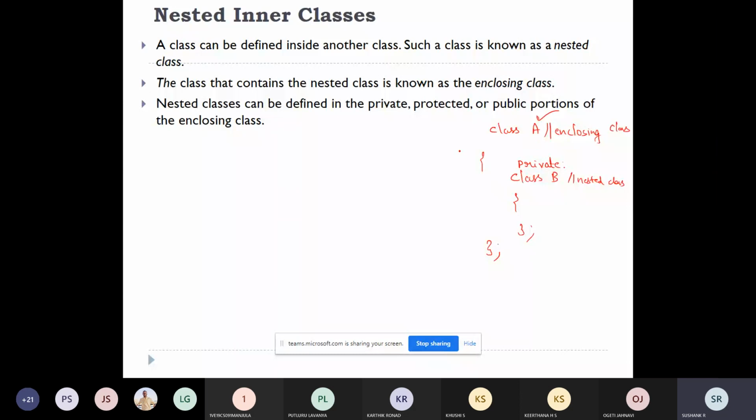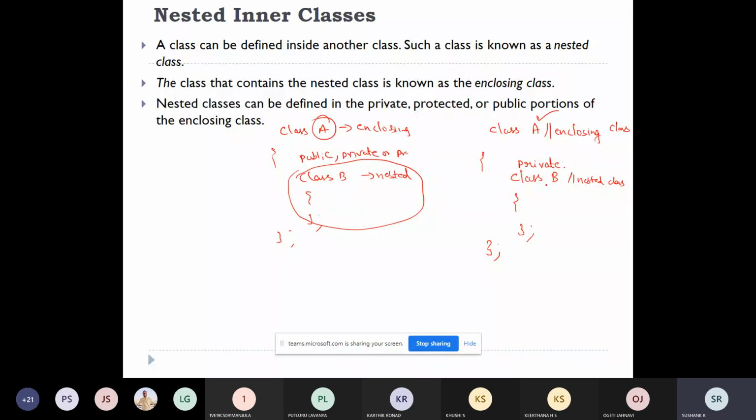Is this point clear? One class is there, and inside that class you're using one more class. We call the outer the enclosing class and the inner the nested class. The nested class can be in the public, private, or protected portion of the enclosing class.